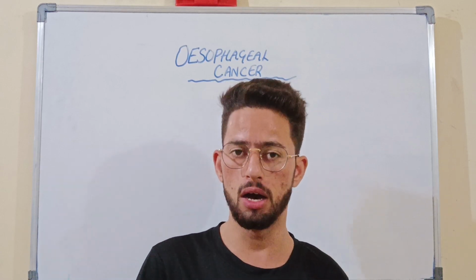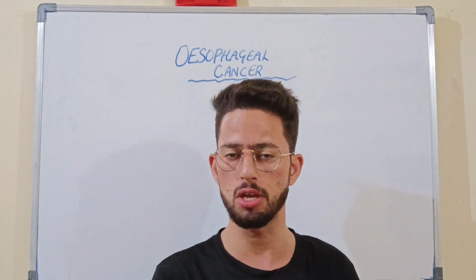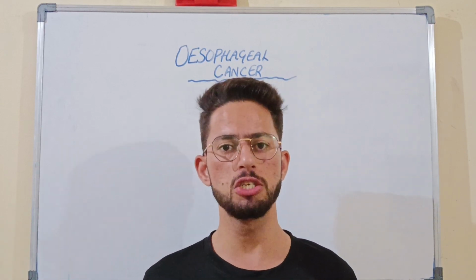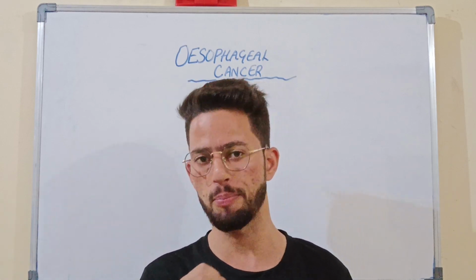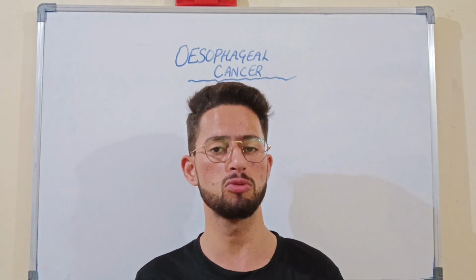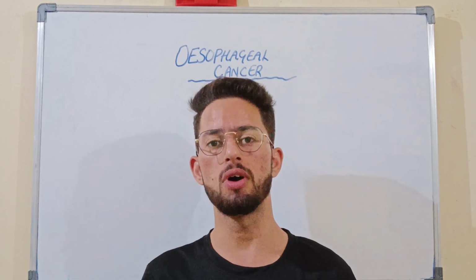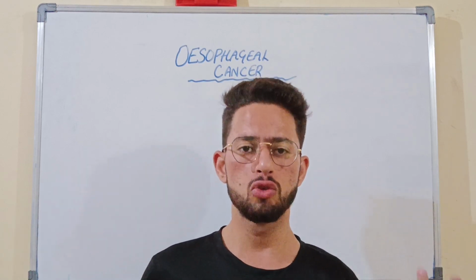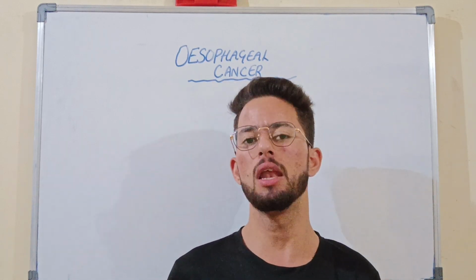And second one is any past history of cancer. If there is any past history, that cancer might have spread to the esophagus and developed esophageal cancer. Okay, and next is inheritance, that is, genetic mutation. For example, when the P53 gene, also known as tumor protein, is suppressed or affected, or there is abnormal formation of this gene, because this gene is mainly responsible for protecting your body from growing abnormal cancer cells. And next is caustic injury. These are the risk factors. Caustic injury means a person has accidentally ingested acid, or alkaline or bases.